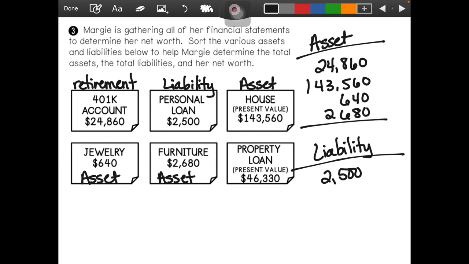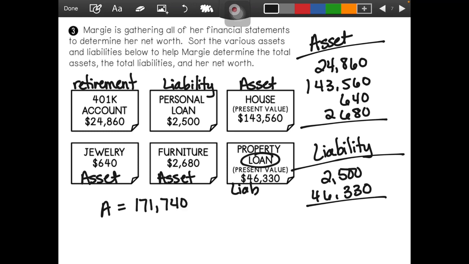And a property loan. See the word loan? That means it's a liability, $46,330. Okay, so I'm going to add these up. That way, again, I have total assets, total liabilities. So my assets are $24,860 plus $143,560 plus $640 and $2,680 gives me a total of